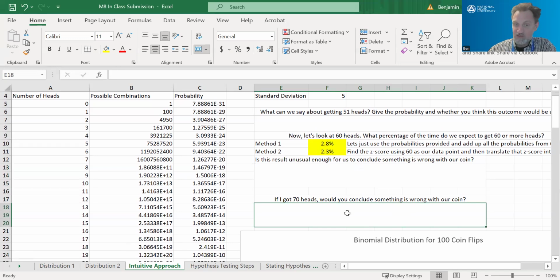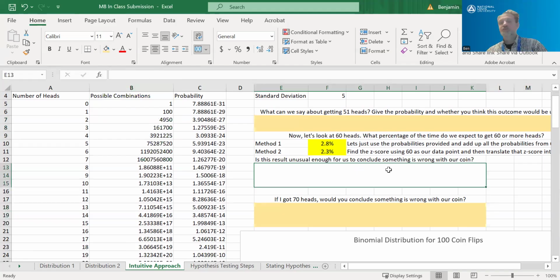Now, there's no math involved in this question. So for this one and this one, you're just talking about your opinion. In this one, I would try to bring in something about the percentages that we calculated, because you have the evidence right there. It's always good practice to bring in percentages as you're talking about it. Remember that the percentages represent the likelihood: 0% means absolutely not happening, 100% means it's definitely happening, 50% equally likely to happen or not. Okay, so that's the intuitive approach and an explanation of what hypothesis testing is. I'm going to stop there, and then we're going to actually do the hypothesis testing steps.